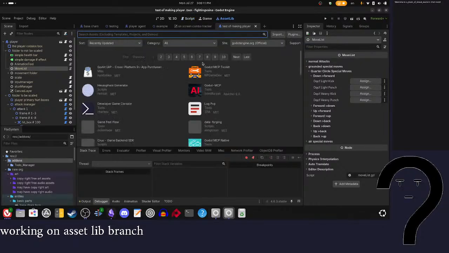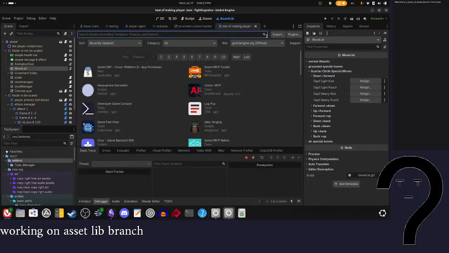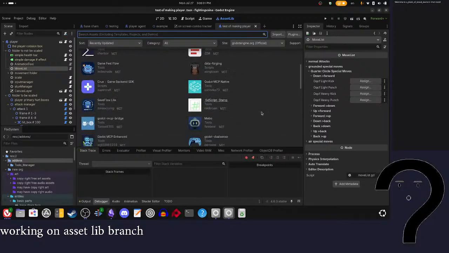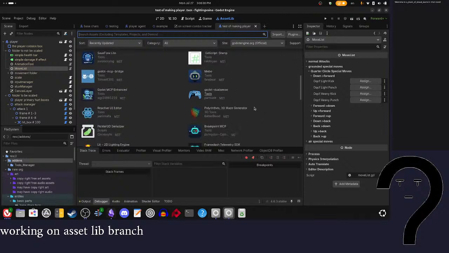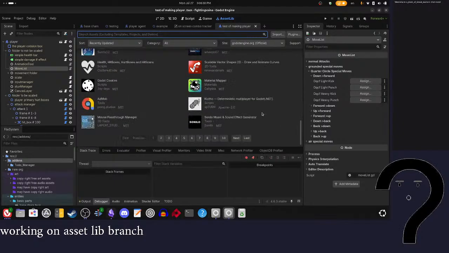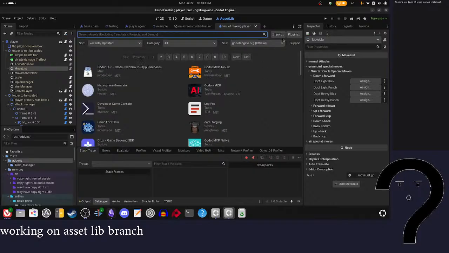Asset library. Let's see. Tools. Demo. Hmm. There's a lot of tools, but not any demos or anything. So I'm not sure how it's gonna end up. Okay,